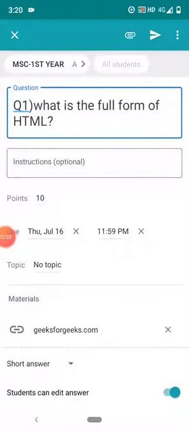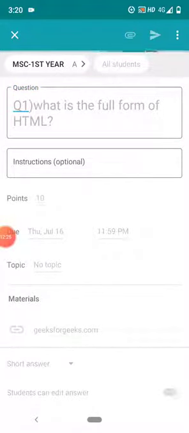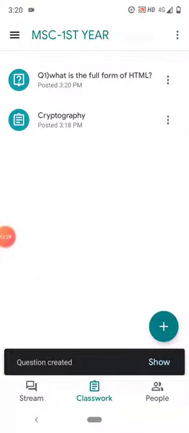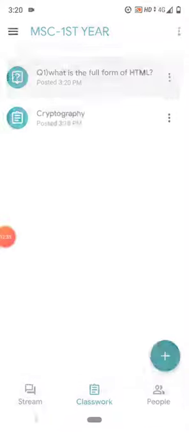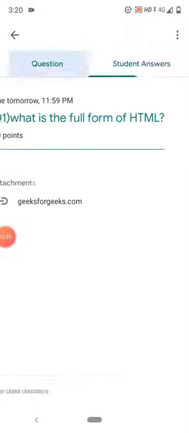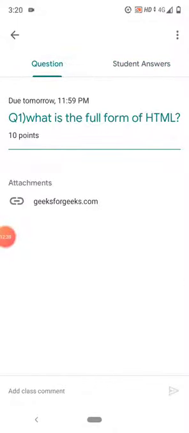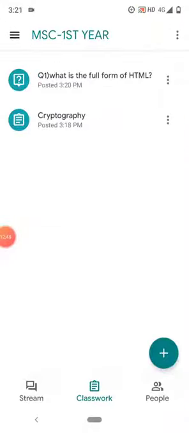Then press the send button. So in this way the question has been posted on the classwork of the students. Here, this is the question and this is the link I have added. Then go back.